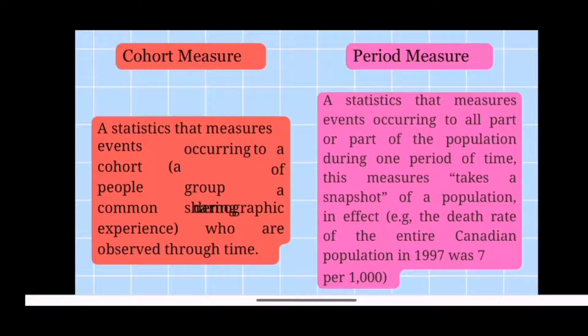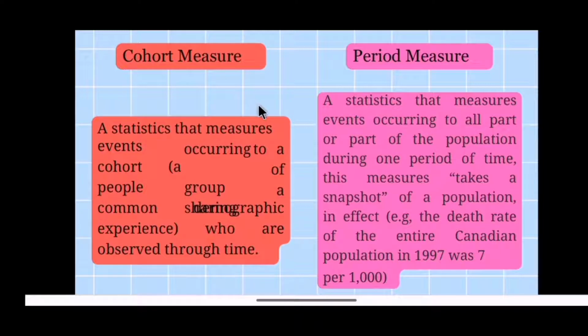For example, we are living in National Capital Region wherein the population is much higher than the other areas such as in Region 4A and Region 4B. That is a cohort measure. You are going to get the demographic profile or identity of certain regions by means of population rate.